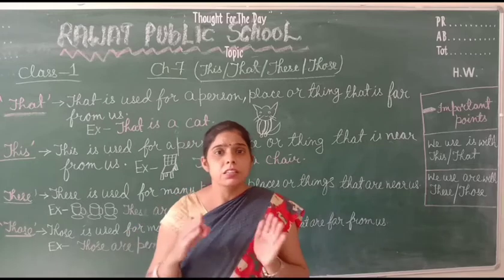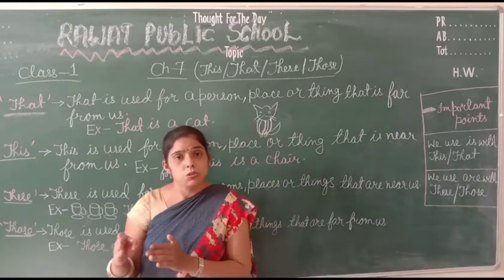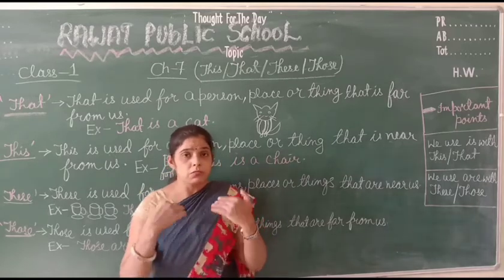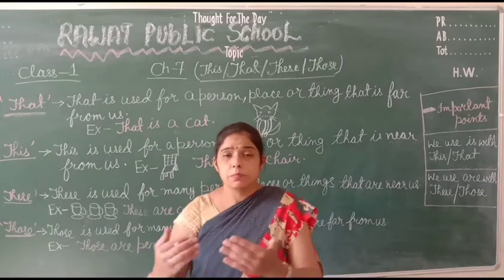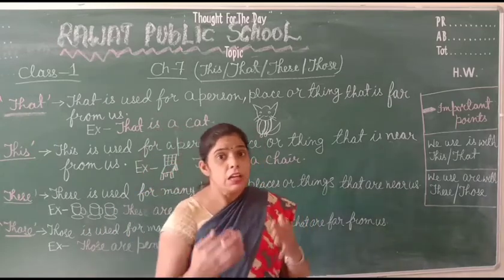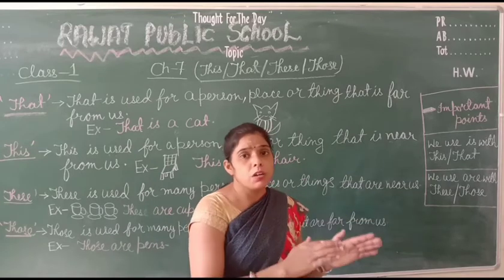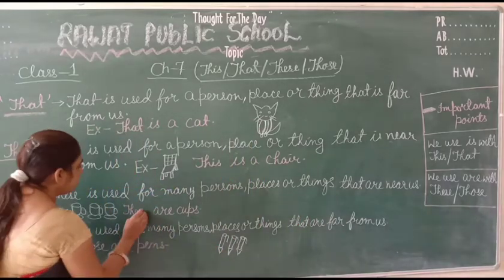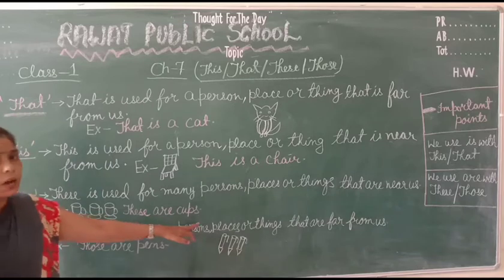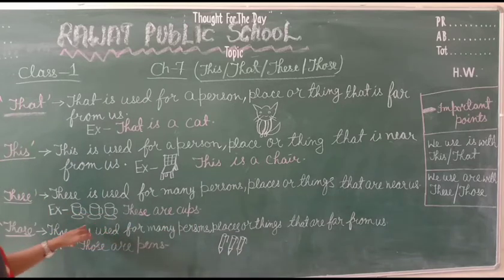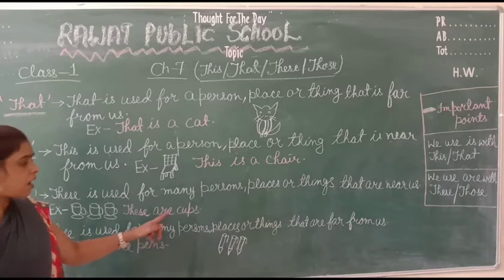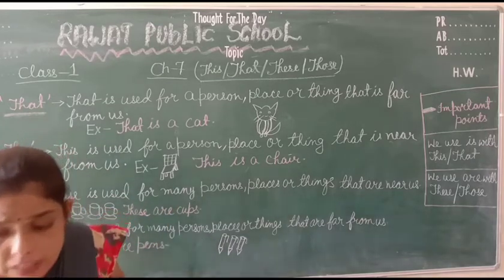These. So this और these दोनों का यूज हम near के things, persons, places या animals के लिए करते हैं. But we use this for singular and these for plural. For example, these are cups. Here are 3 cups and cups is in plural form. So we use these are cups. Let us take one more example.